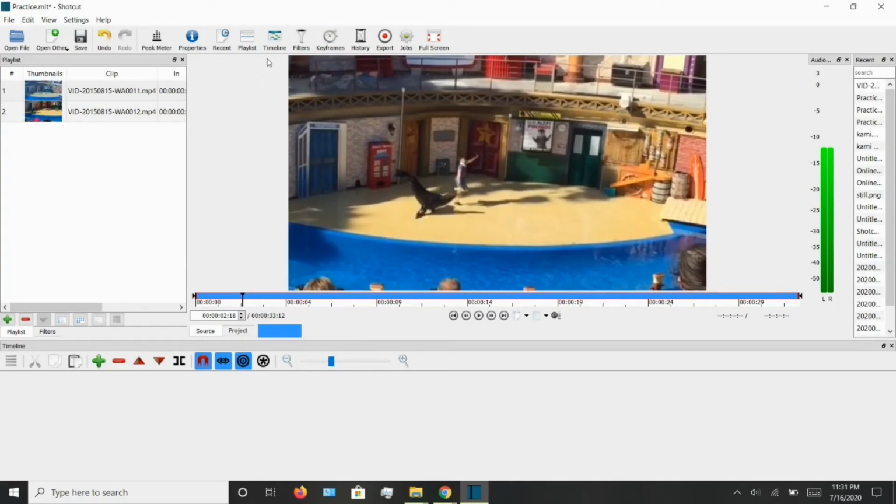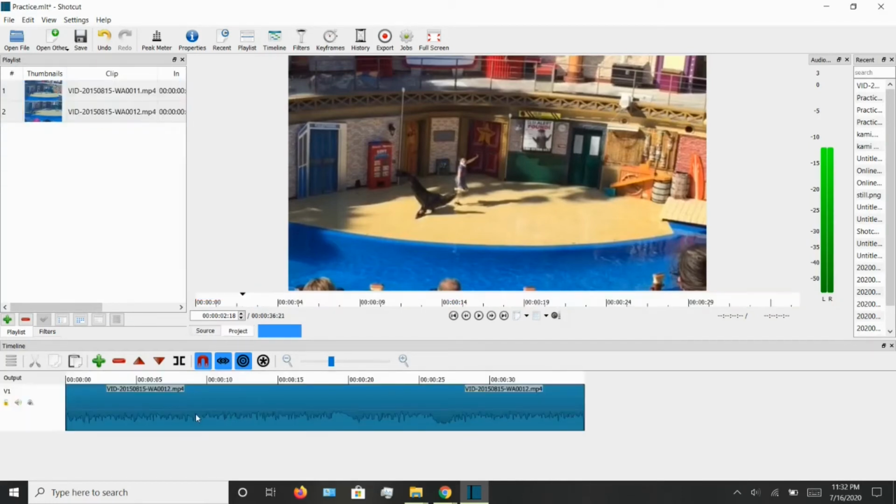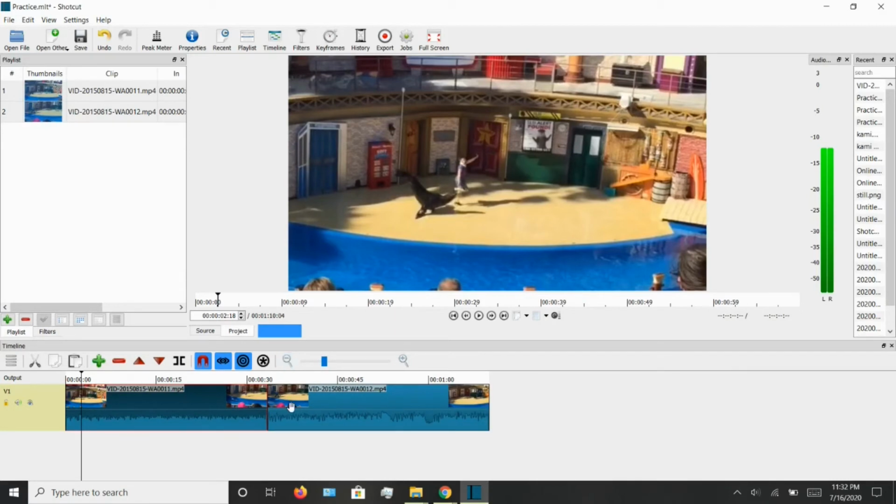so that you can add these videos to the timeline, and in the timeline option you will be editing and playing around with these videos. So, you want to click on these videos and drag them down, and so both of these files are now editable in the project that you have started.